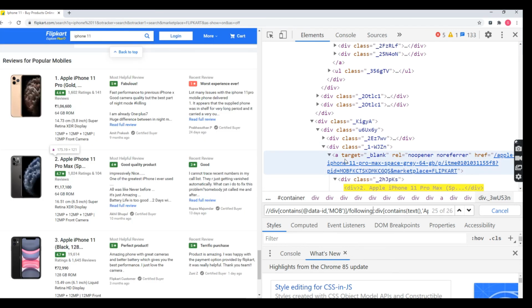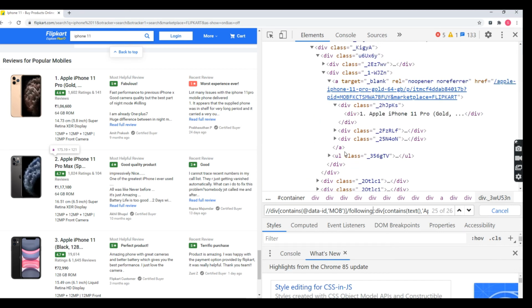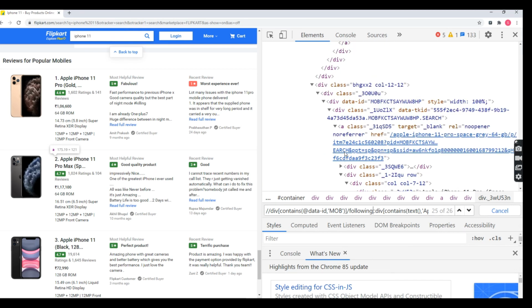Again I repeat: for descendant it is highlighted inside this tag only, which is MOP. If you are using following, it goes beyond the MOP ID and is highlighted in the footer page also. It will search all sections of the node, all the HTML tags. So this is the difference between following and descendant.